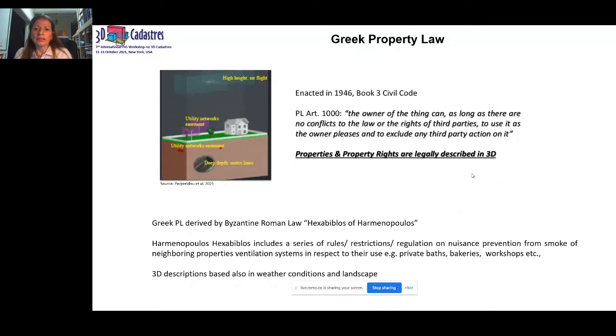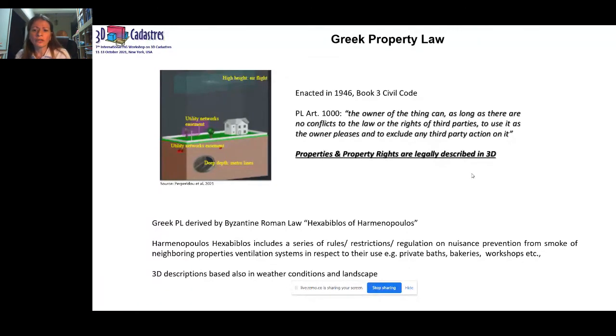Greek property law was enacted in 1946. It is Book 3 of the Civil Code. Actually, it was drafted in 1939, but due to the events of the Second World War, the actual enactment was in 1946. Article 1000 contains a definition that the owner of an immovable thing can,